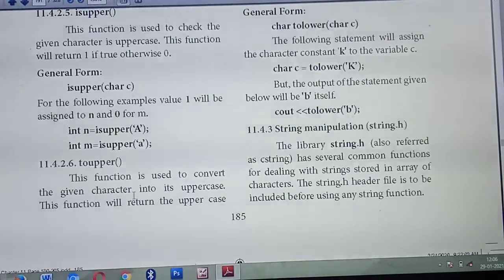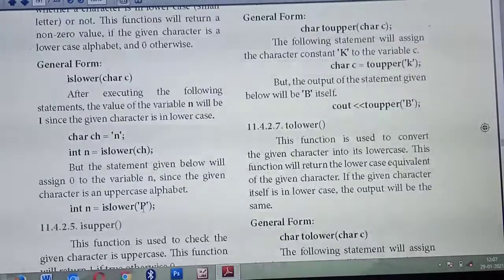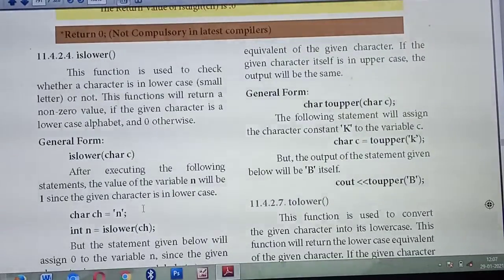Sometimes the words you enter are in small letters, and it will automatically convert the small letters into capital letters. Understood what's the use? If you already entered letters in capital letters, no problem. As it is, it will display. Sometimes you enter a letter in small letters but you give the function toupper, so automatically it will convert to capital letters. Understood? Okay. See the general syntax.